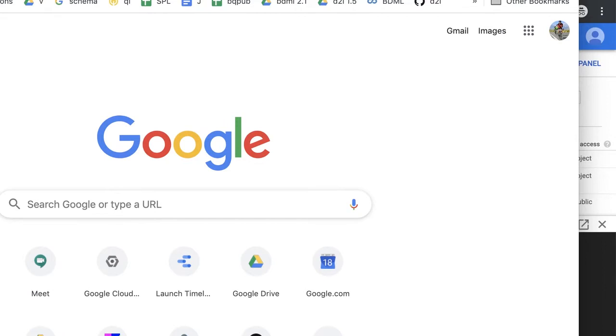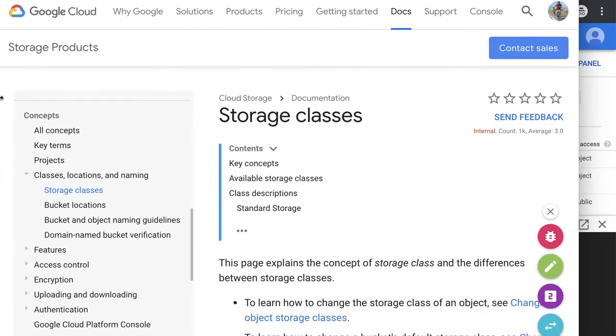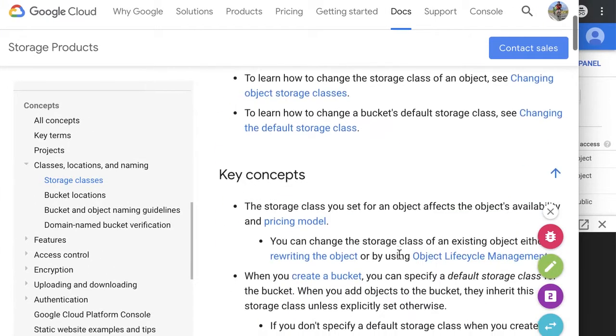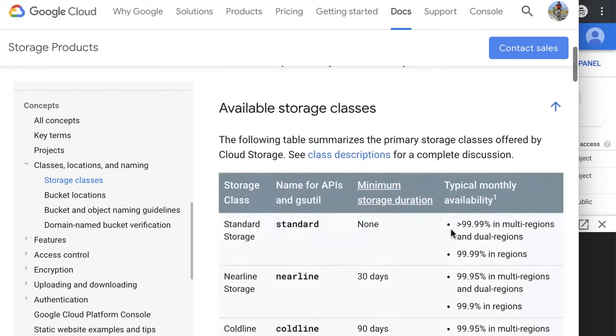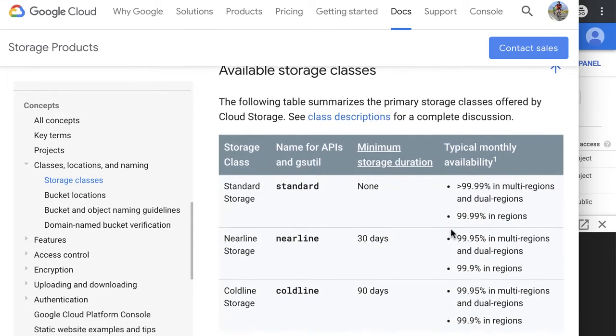So this is just the URL for Google Cloud Storage and the different storage classes that are out there. This all shows just the storage classes that are available. So generally, if you just create a Google Cloud Storage bucket, it'll be standard storage, and you don't need to specify any particular class when you're first creating it. It'll default to standard. But if you don't use your data that often, say it's not a public bucket that gets a lot of traffic,